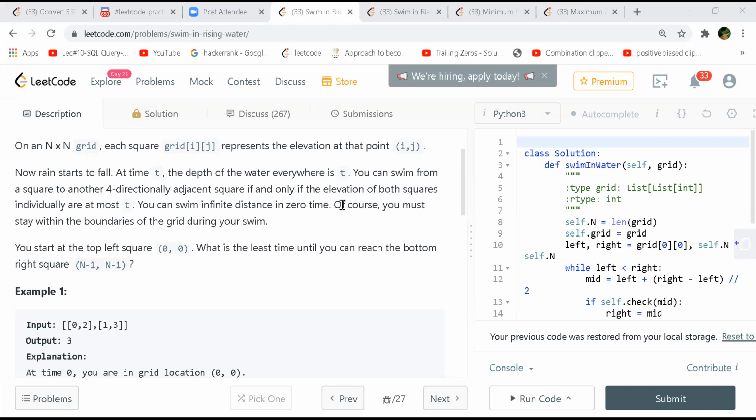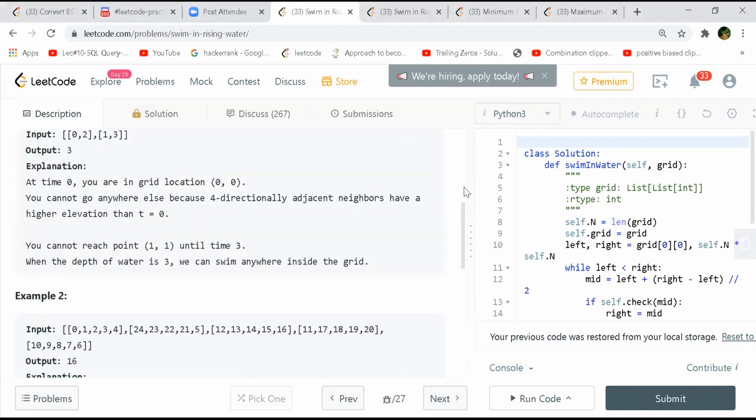Yeah, exactly. So you can take advantage of this monotonic part to do binary search. Also, if you look at the constraint, what it's saying is the grid values are not going to exceed the number of cells, right?